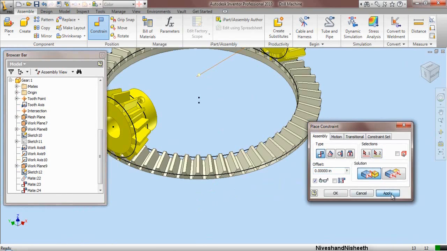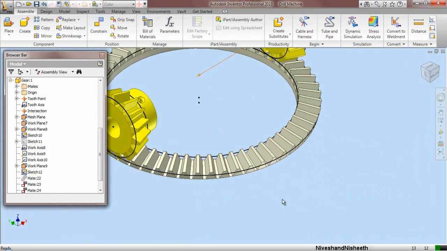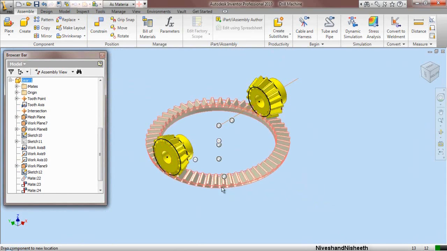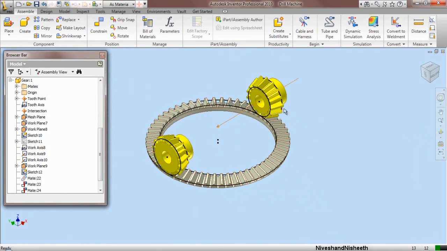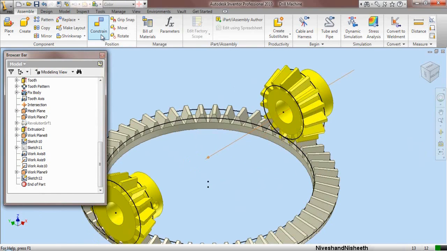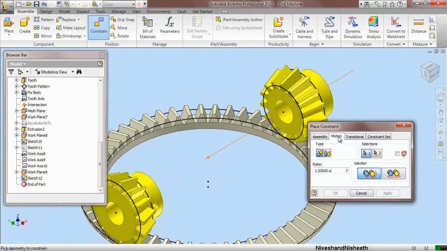Now drag the part files on here to check the result. Okay, that's it. Now save the file. Now we will activate the Constraint tool from here and go to the Motion tab in